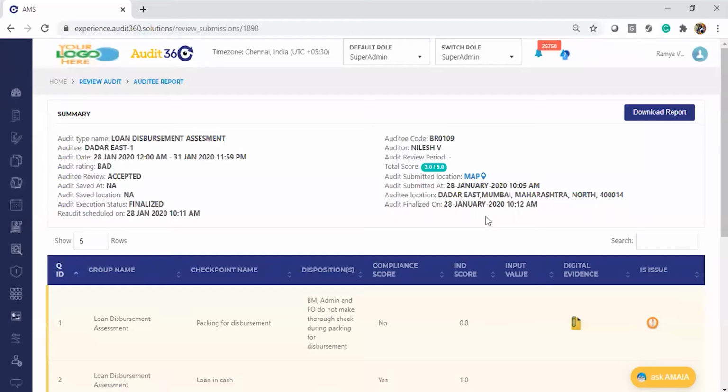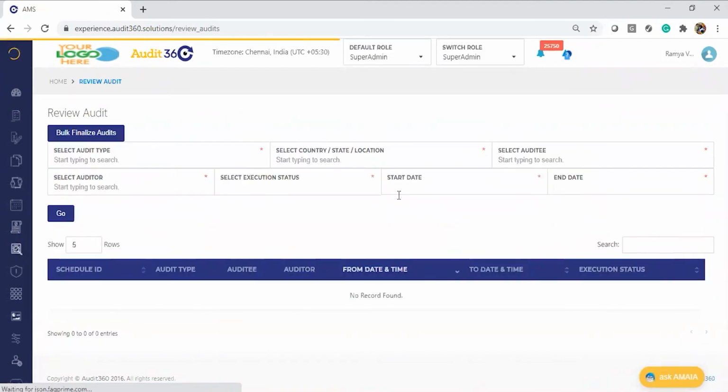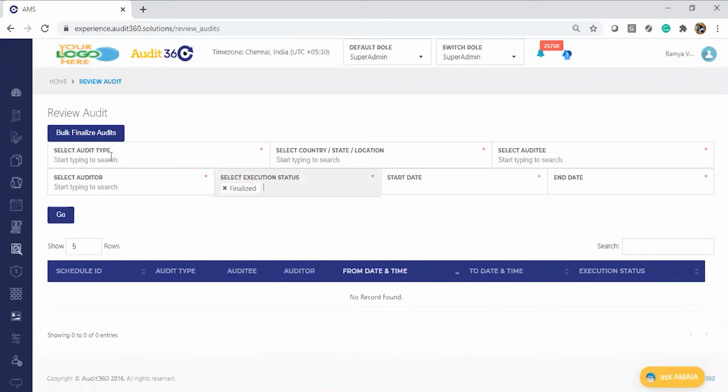Now let us see how a report looks for a parent audit which has a combination of sub audits. Let me take the finalized audits again. I have an audit called mobile test main.